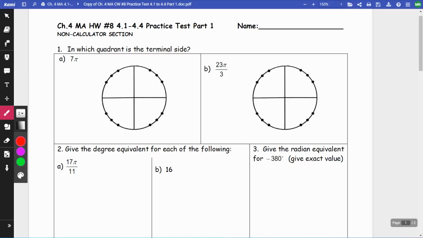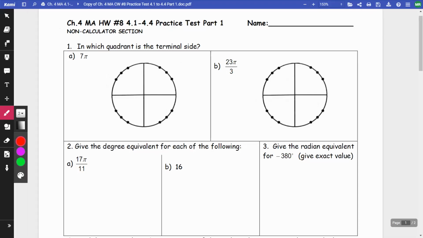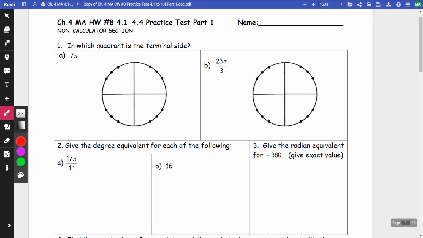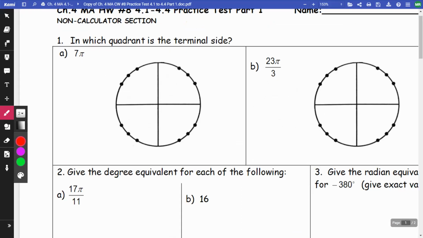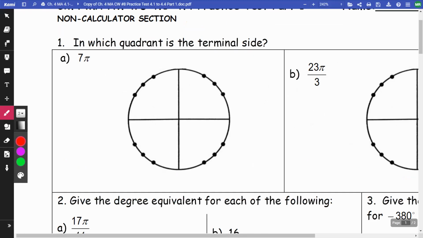So this video is for chapter 4 MA, classwork number 8, practice test part 1 for 4.1 to 4.4. This is the no calculator one. Okay, so they ask us what quadrant